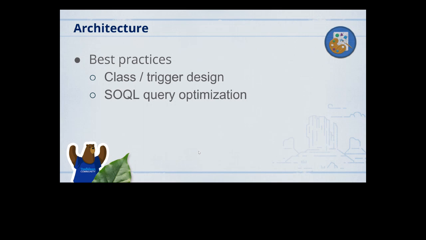And then again, like security, this is one of those that, if you're new to the platform, might be harder, but best practices. Making sure that you're not putting all of your code into triggers, but putting it into classes, and using factories if you're ready for that type of work. SOQL query optimization, making sure that you're using indexed fields correctly. You're not using LIKE where you don't need to be using LIKE. Those types of architectural best practices are great for reviewing in code. And again, making sure that you're going to deliver the best product you can.